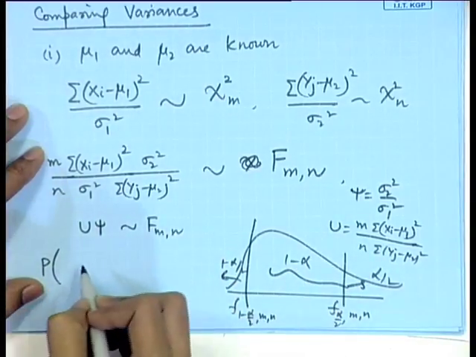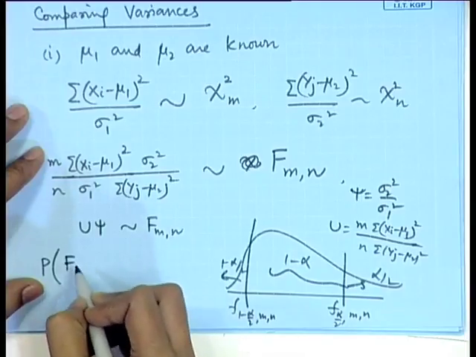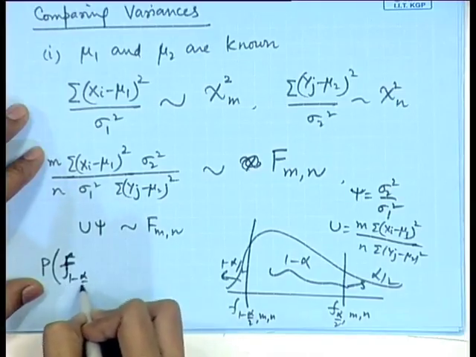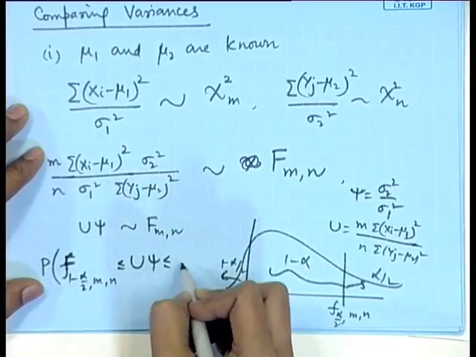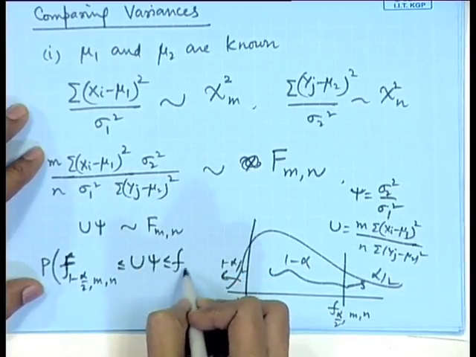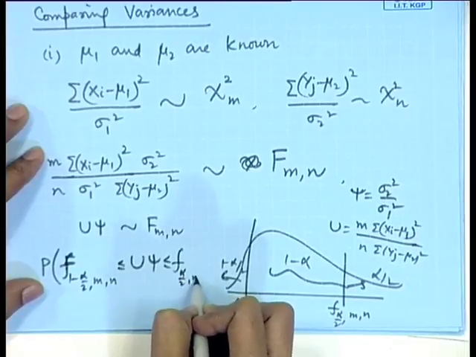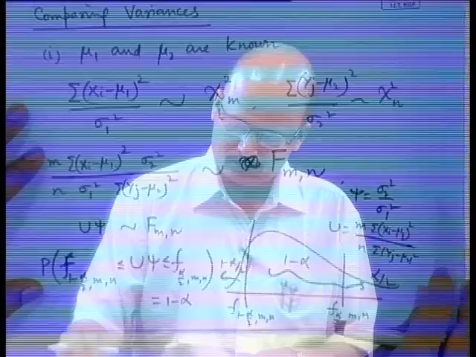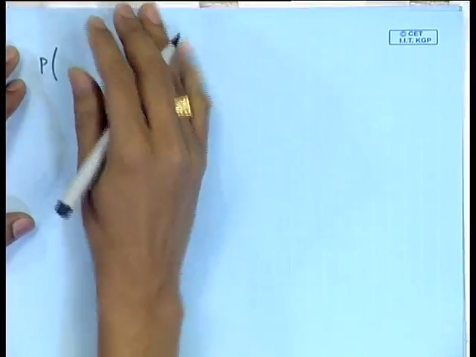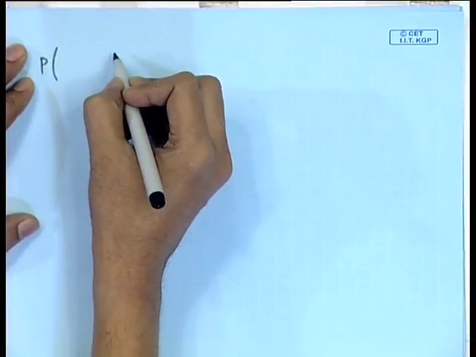So, probability of F 1 minus alpha by 2, m, n less than or equal to u psi less than or equal to F alpha by 2, m, n is equal to 1 minus alpha. So, we can write probability of u